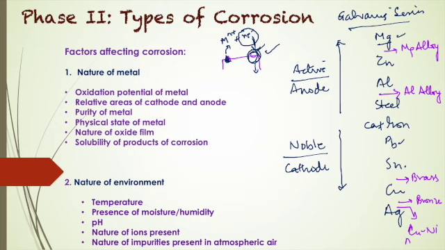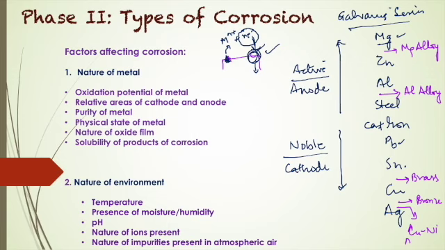Next factor which comes under the nature of the environment is the nature of the ions present. It can be cation or anion, which also can affect the rate of corrosion. How? For example, chloride ion, if it is present in the medium, destroys the passive film which has been formed on the surface of the metal and corrodes many metals and alloys. That means the corrosion increases. On the other hand, there are certain anions like silicate, which form an insoluble reaction product, and it further inhibits